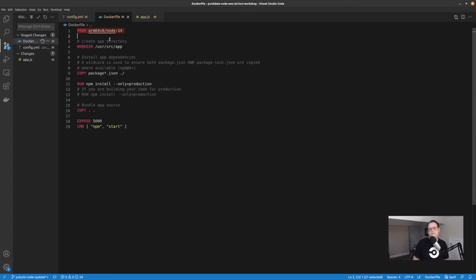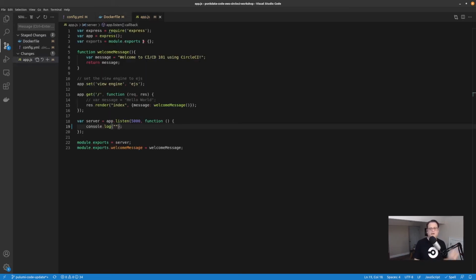In this case, we're going to use the ARM64 v8 version with a node image, right? So this line right here is essential in your Dockerfile to create an ARM capable Docker image for whatever service you're going to deploy to. Now, let me show you how we're going to trigger a pipeline.